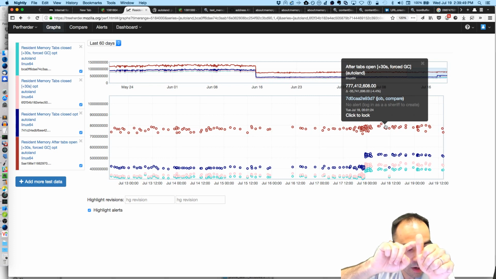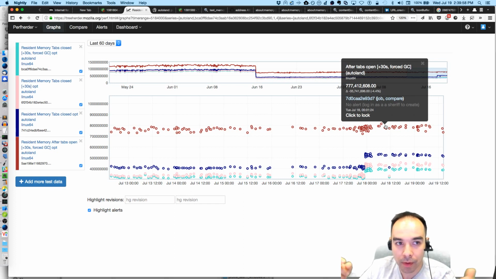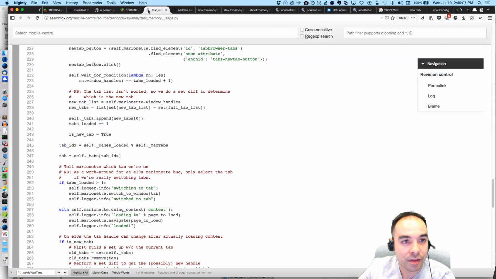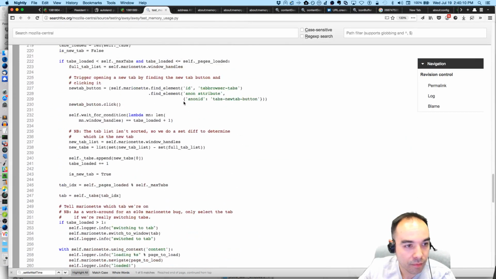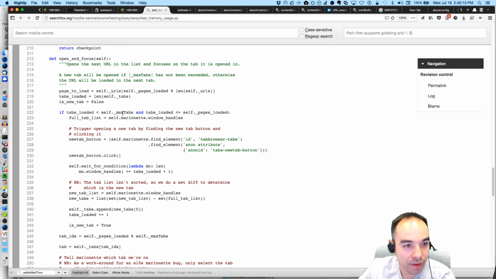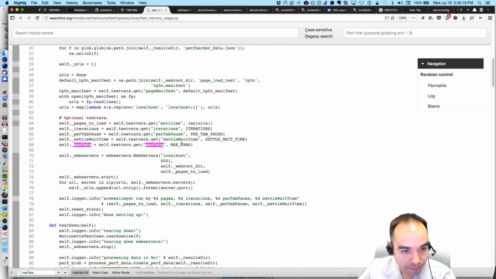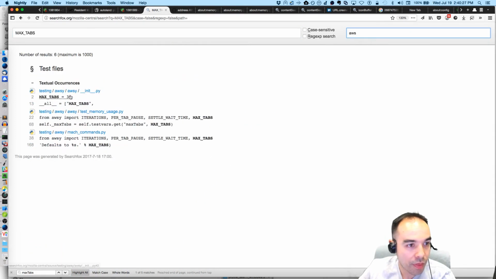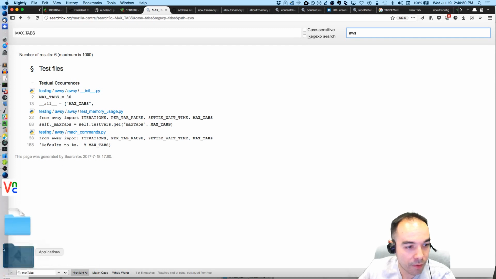Then in the case of running it in automation, we're running more than 4 entries. We're probably running, I don't even know how many entries. How many entries? What was it? The number of tabs. Max tabs. Max tabs is